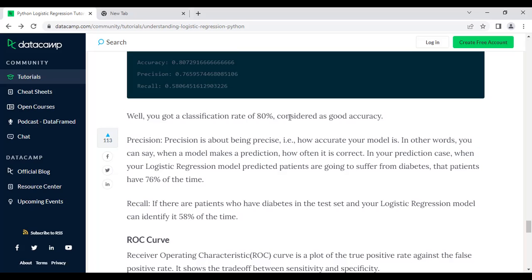Sensitivity indicates how efficient the model is at identifying the events. That is the sensitivity. Sensitivity also measures the percentage of true positives predicted from all the actual positive values. That is called the sensitivity. So what we will see over here,